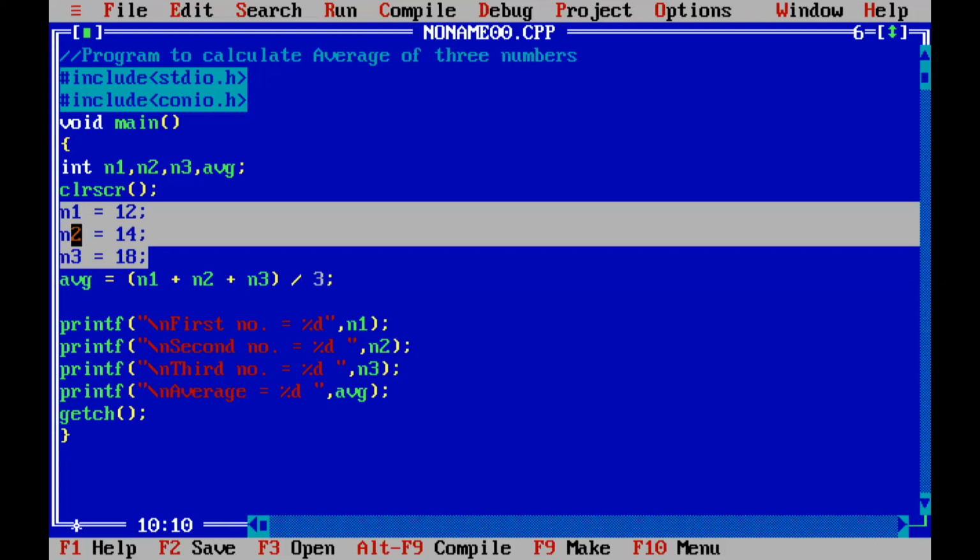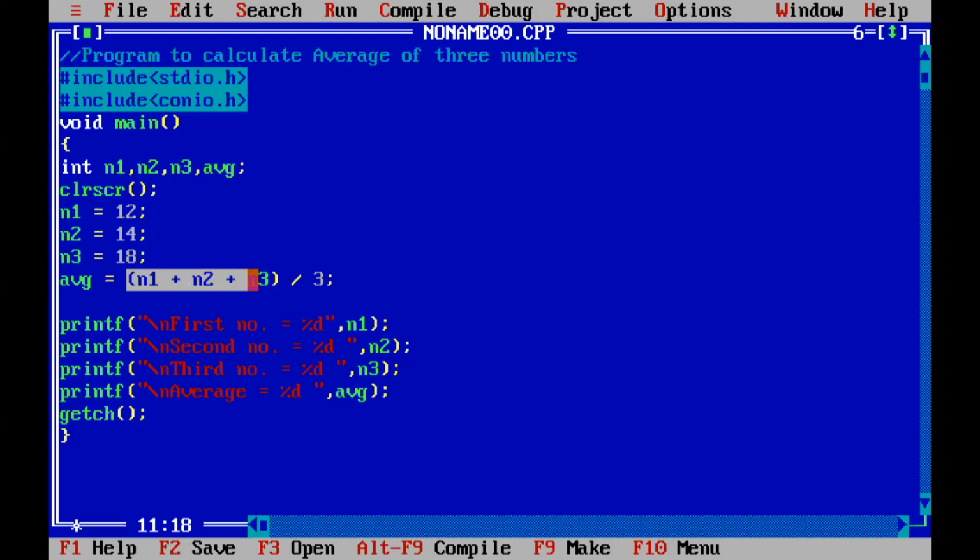So now if we have three values available to us in the program, now we can easily calculate the average. As you calculate average manually in pen paper method, you can just compare your method with this one. So here I have done the same thing, that first I have added these three values, then I have divided the sum by the three. So you can see first we have to add.